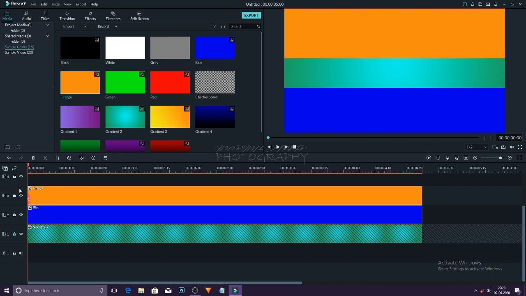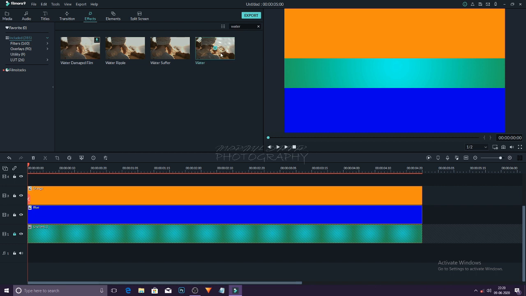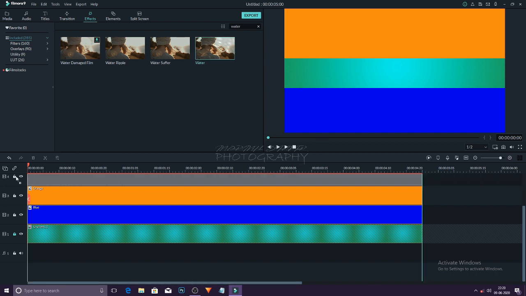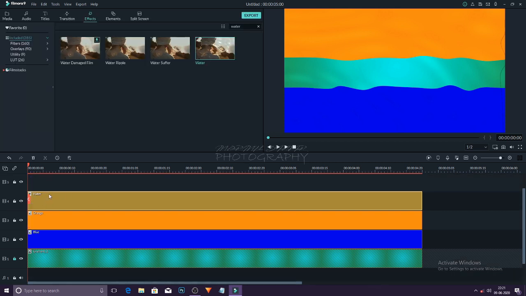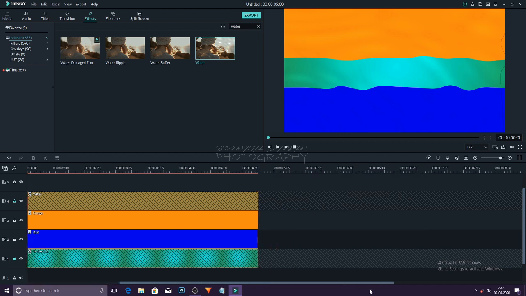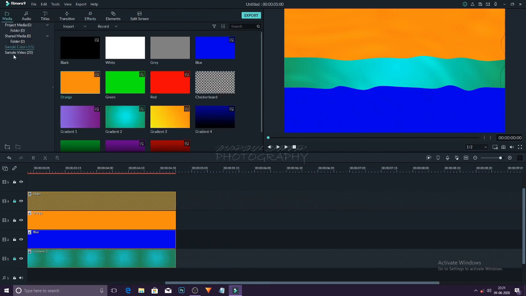Now after you're done with this, go to the effect panel and type here water, then drag and drop the water effect in the fourth timeline and double tap on that. Decrease the emboss so that all the patches can be removed. Hit OK. After you're done with that, lock the water effect or the water timeline,